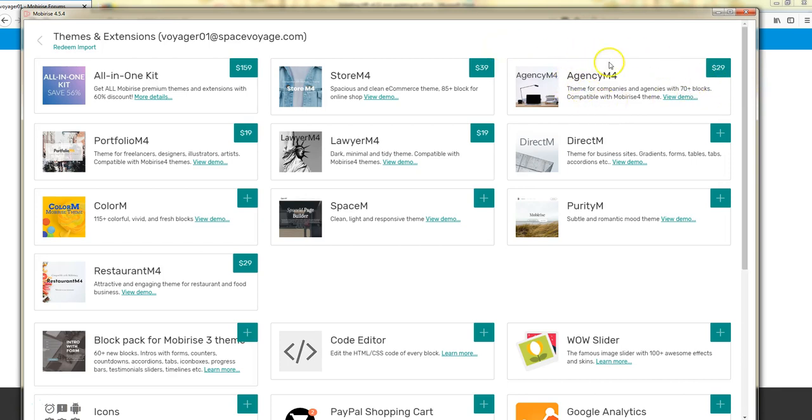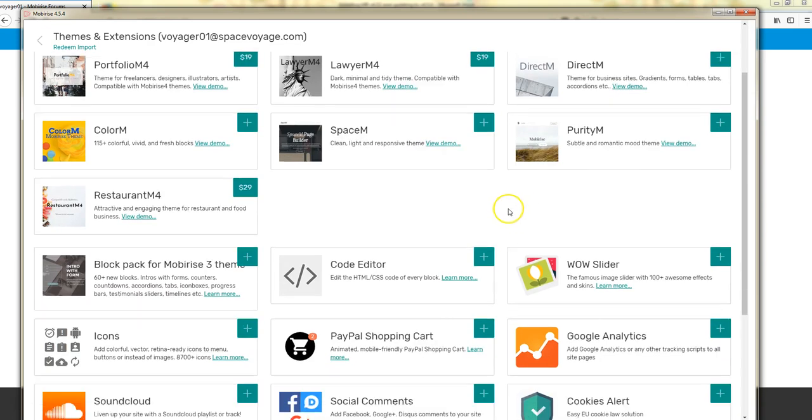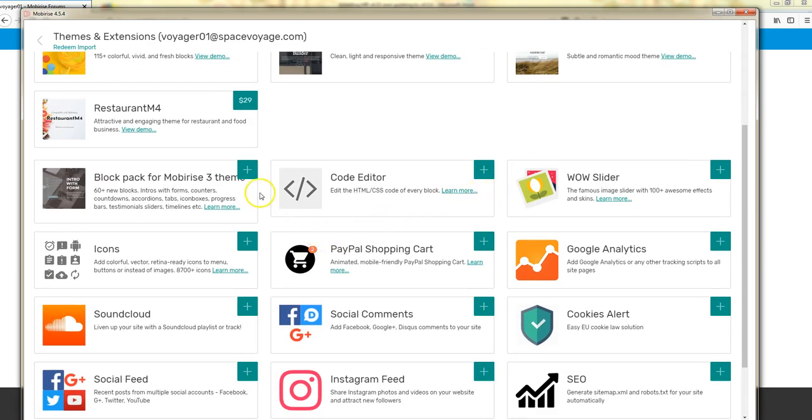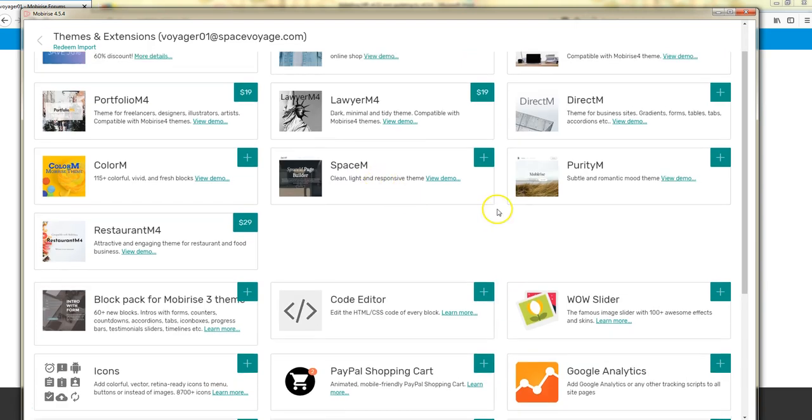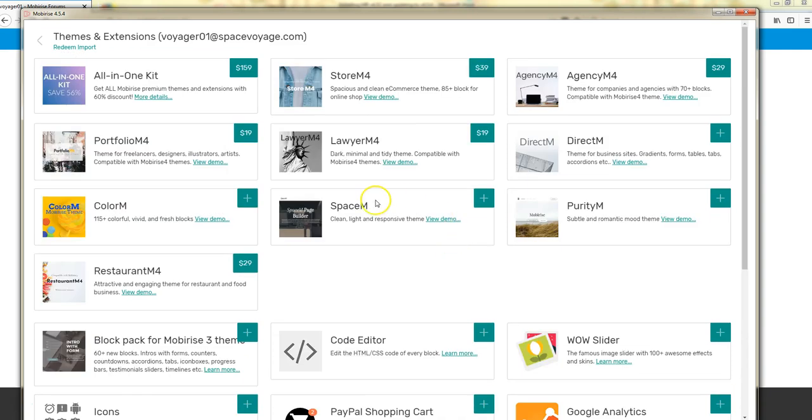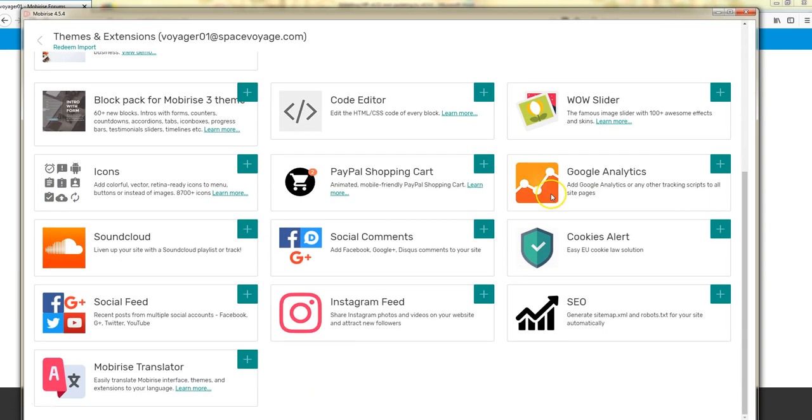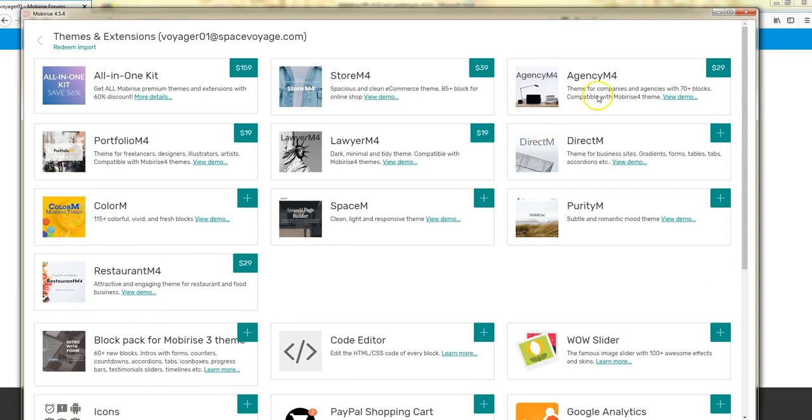Now, Agency 4 is a paid theme, and it has a bunch of theme blocks. You can look at the demo if you want. So for example, something that's free here, something that doesn't cost anything, whatever's free, those work forever. And as a matter of fact, if you purchase Agency M4, you would have the use of Agency M4 forever. But the updates to M4, which you would see with a little spinning wheel next to this plus sign if there was an update, you would only get if you had a valid